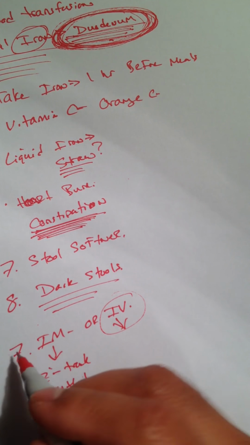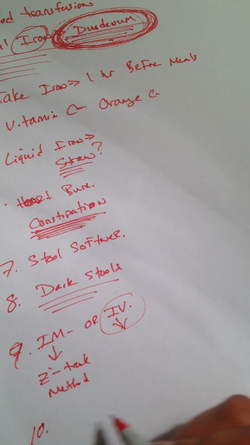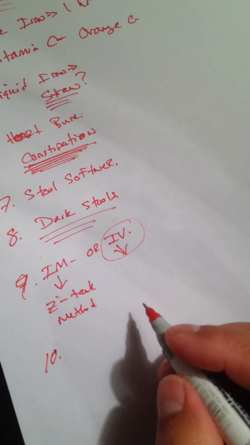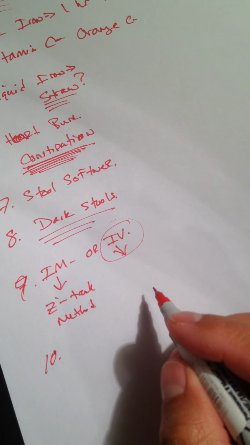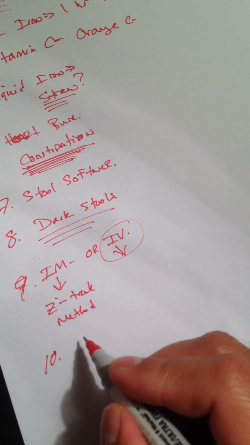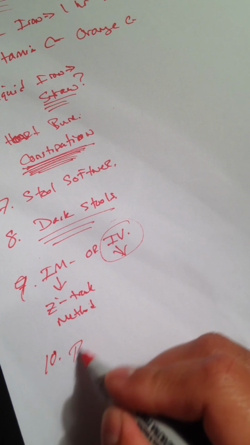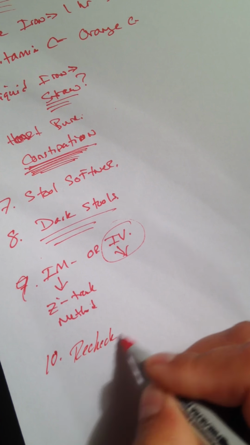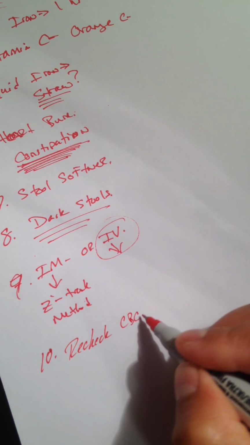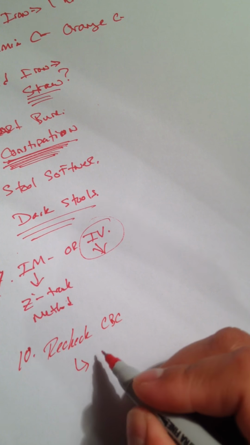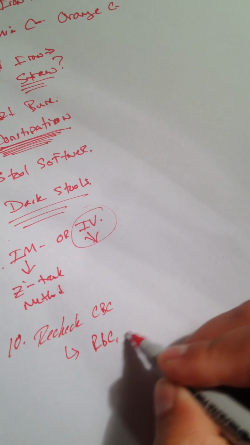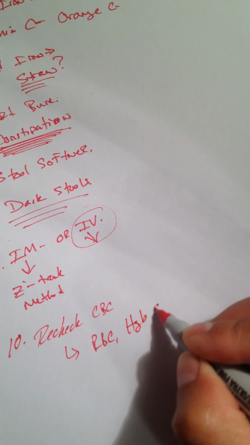Last but not least, that was number 9 and 10, you want to check and see if the treatment is having an effect on your patient. So at some point you are going to recheck the CBC, the RBC, hemoglobin, and